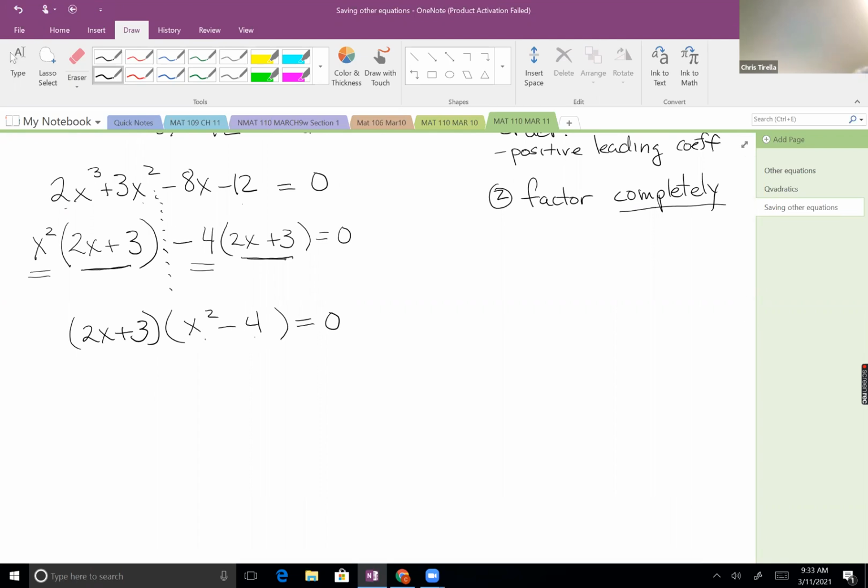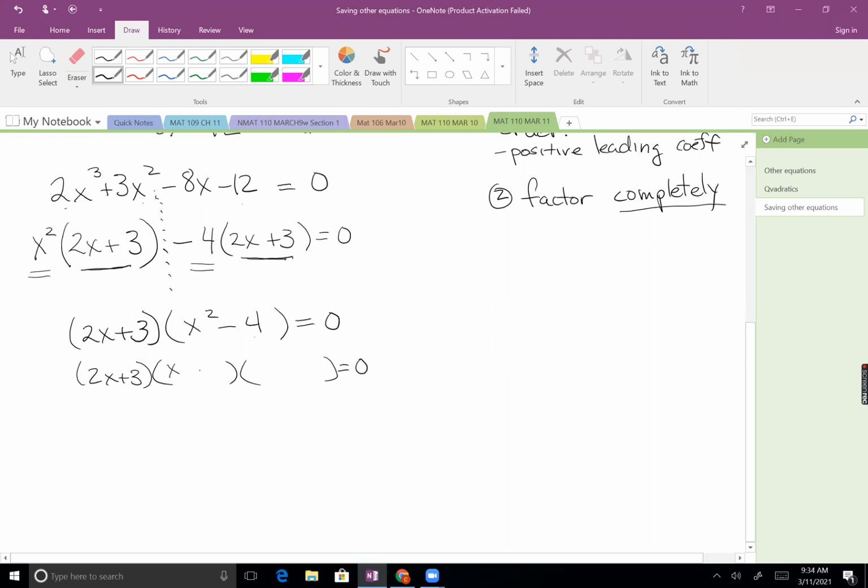Does anybody notice that they're both perfect squares and it's subtraction in between? So can anybody remember how to factor x squared minus 4? X minus 2, x plus 2. Beautiful, x minus 2, x plus 2. And so now we've got all of these first degree terms multiplying to equal 0. So we're going to use the 0 multiplication property